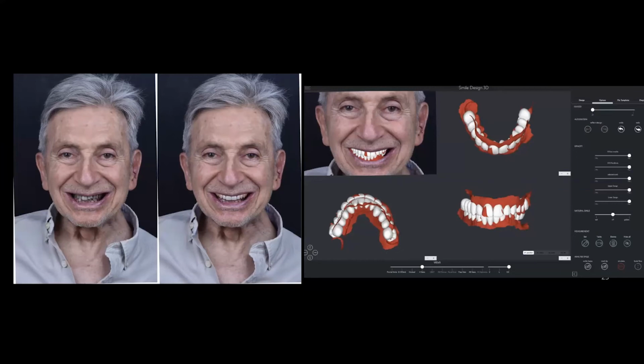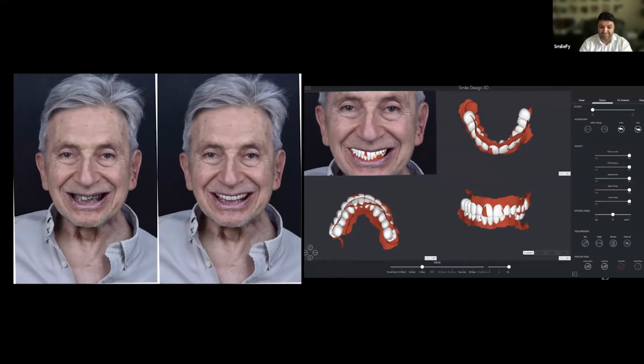This is the reason I love working with Ralph. Okay, this is the plan, and we can make different dentistry, 100% adapted to the patient's needs.